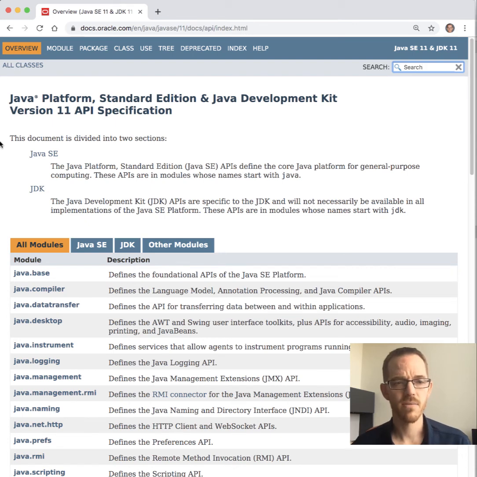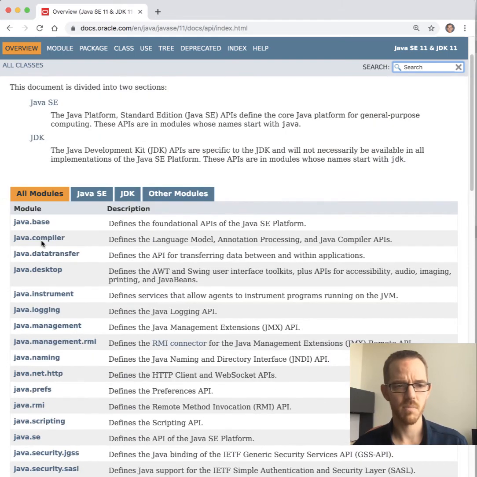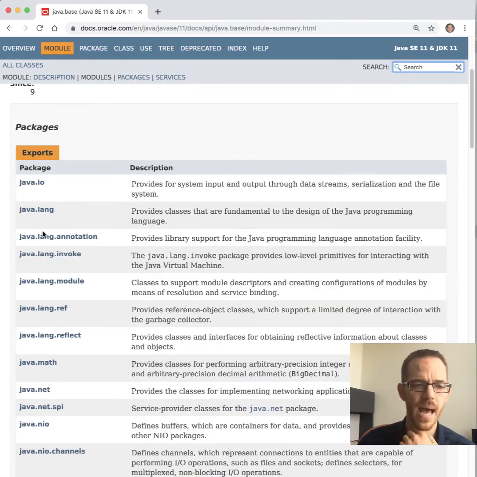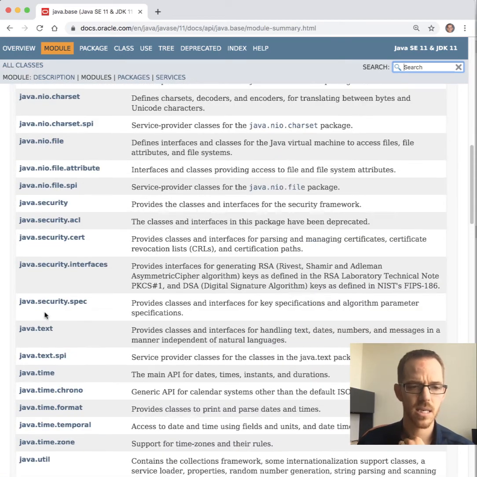So here we have the Java Platform Standard Edition API and the Java Development Kit, but we're going to be focused most on the SE. Here we have all of the modules, and we're going to be focused almost exclusively on base, so let's go there. This module has several packages in it listed here.